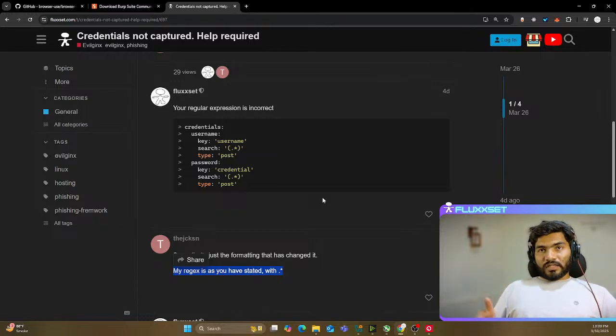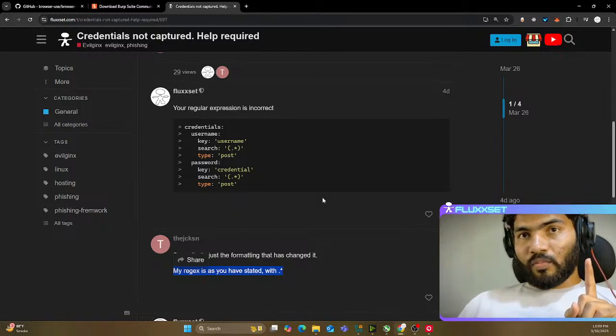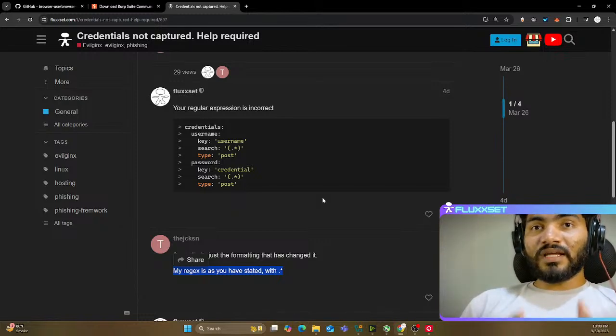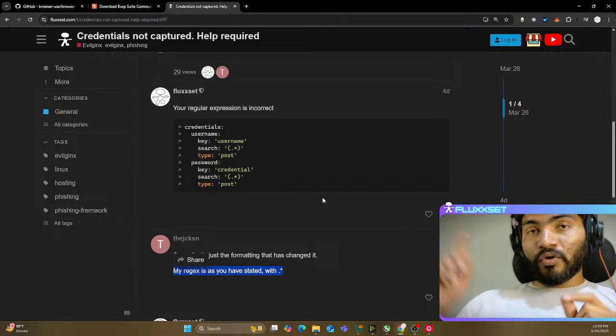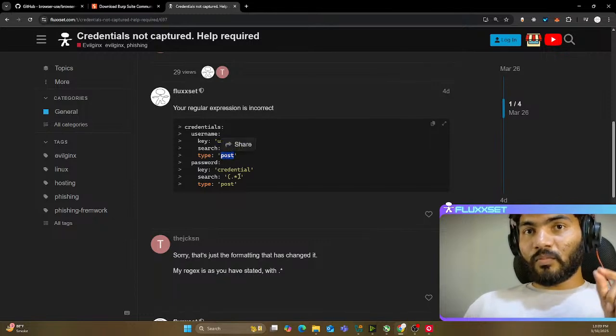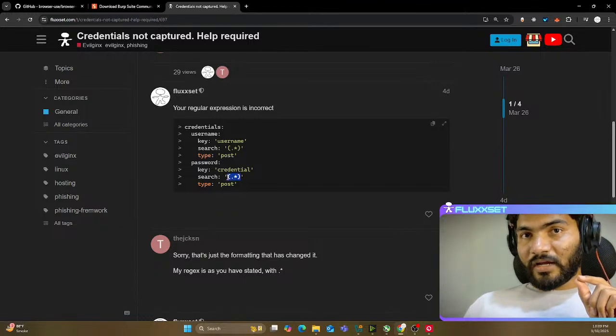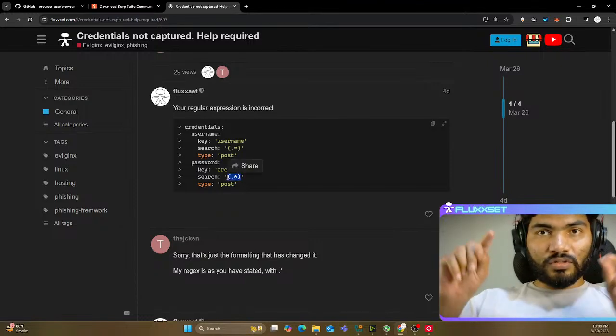So there are two things. First of all, he is supposed to check that when the request is getting to the backend, whether it is a GET request or a POST request. If it is a POST request, then is it the normal form request with the URL-encoded parameter, or is it a JSON request? Because if it is a JSON request, then definitely we need to make sure that we are changing this particular POST with the JSON, and also changing this regular expression to search into the JSON.